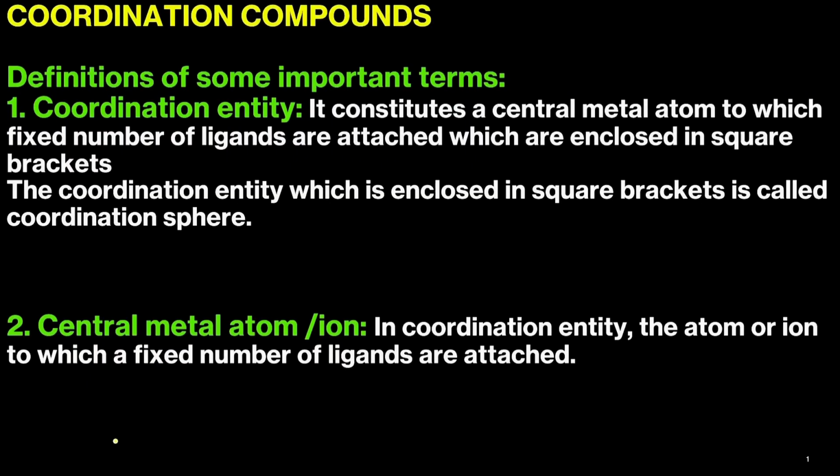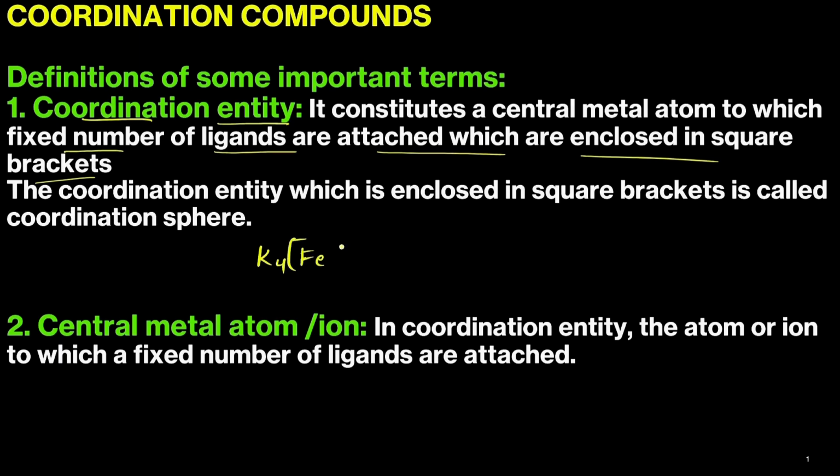In Coordination Compounds Lecture 1, we have studied coordination compounds, ligands and their classification. In this video, we will start with definitions of some important terms. So we will see what is a coordination entity. It constitutes a central metal atom to which a fixed number of ligands are attached, which are enclosed in square brackets. First we will take an example, that is